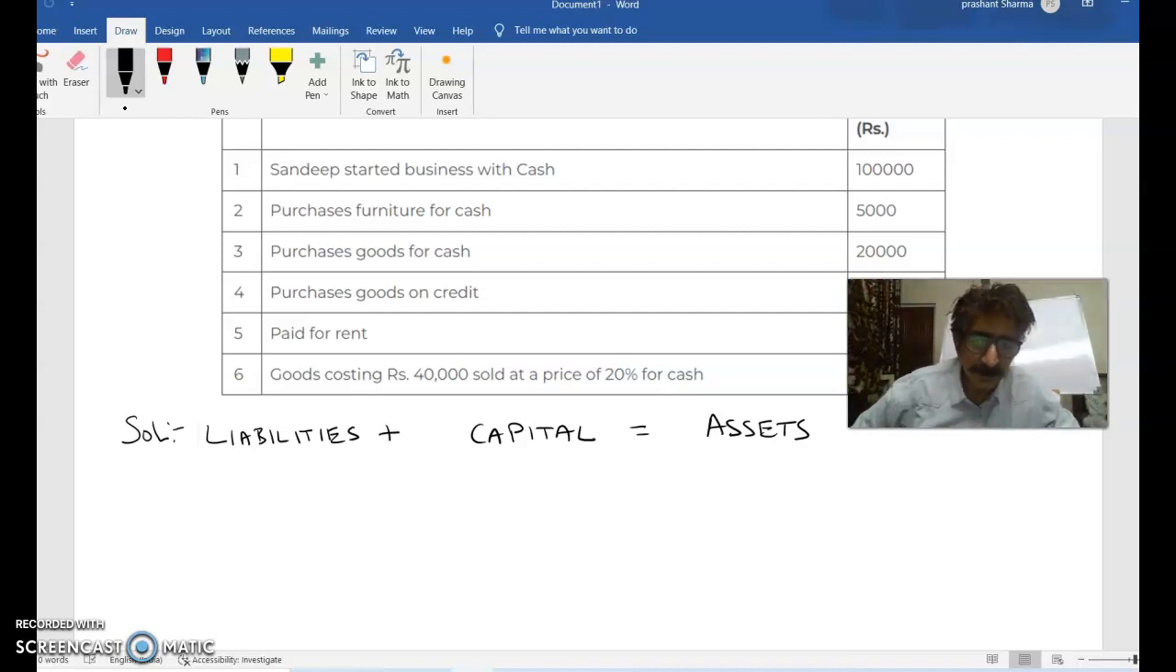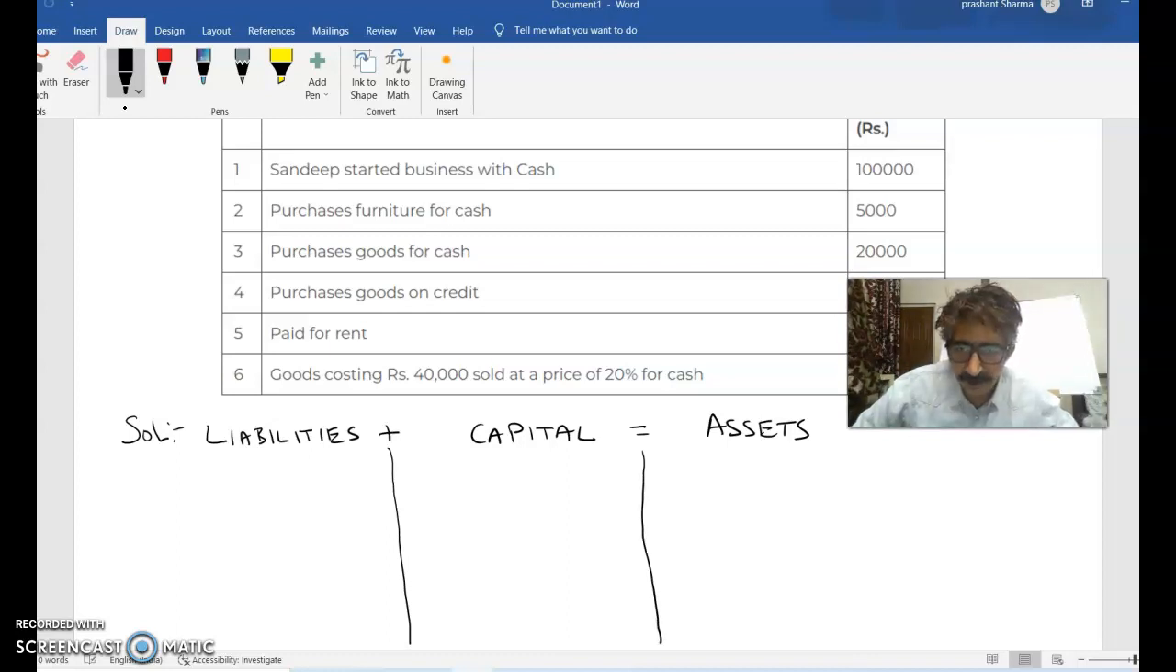Liability is any amount which a business firm has borrowed from outsiders. It has to repay. So whatever amounts a business firm owes to outsiders, those amounts are called liabilities. Capital is the money invested in the business by the owner. And assets are things of value owned by a business or anything that would give benefit to the business in future. We'll draw vertical lines so as to make columns under these three